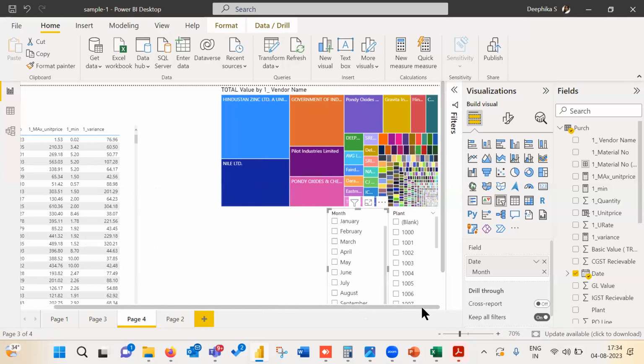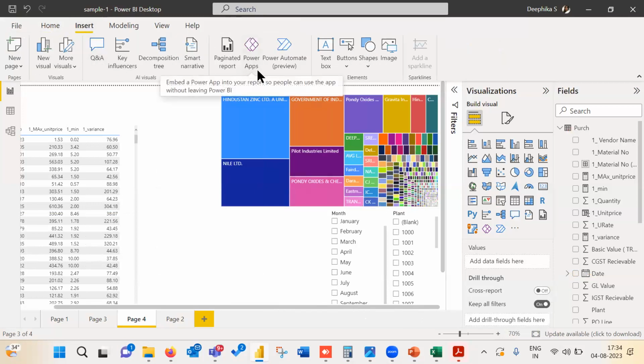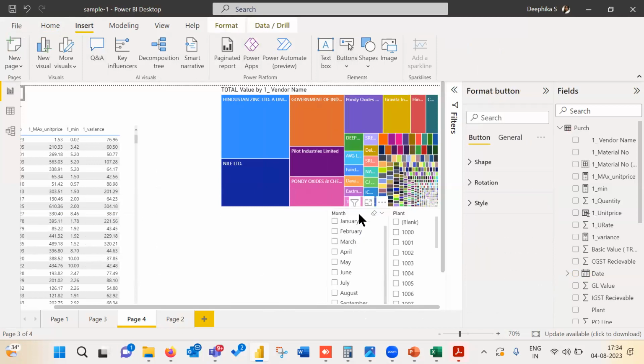Okay. So for these, actually in the dashboard, instead of creating this, we have created buttons. Okay, insert. இங்க நம்மளுக்கு வந்து டெக்ஸ்ட் பாக்ஸ் பட்டன் இருக்கு. இதுக்கும் நம்ம பண்ணலாம். Okay. Or we can create a navigator.